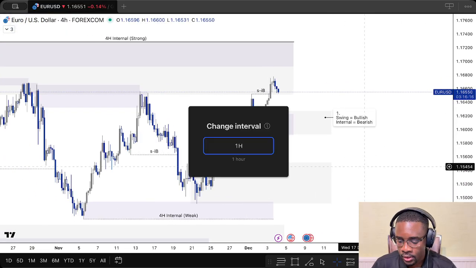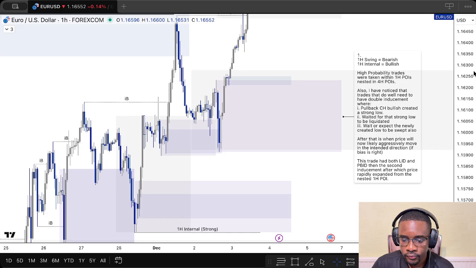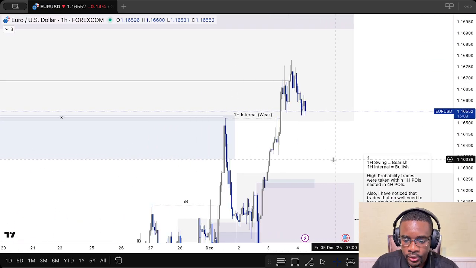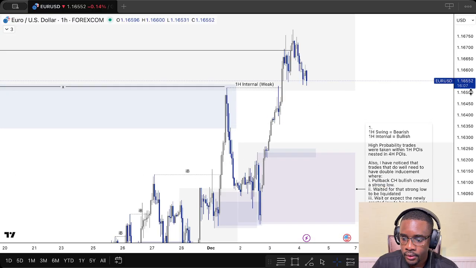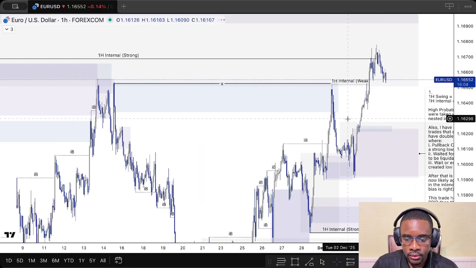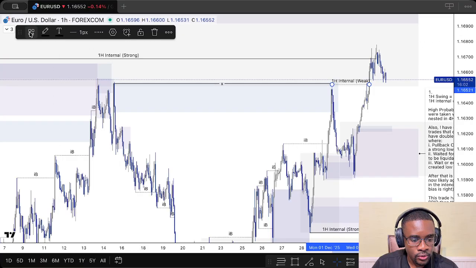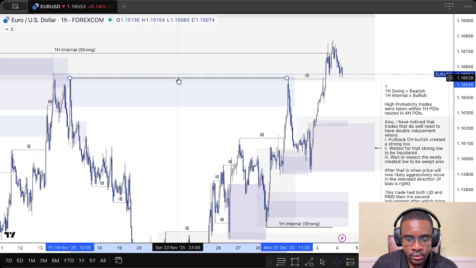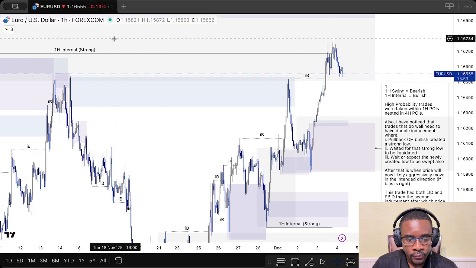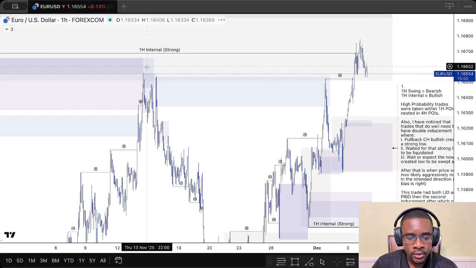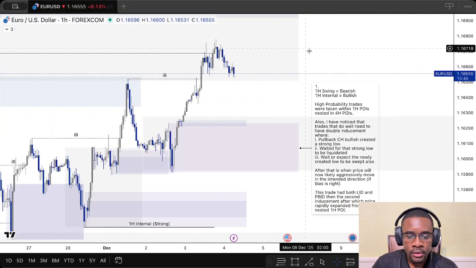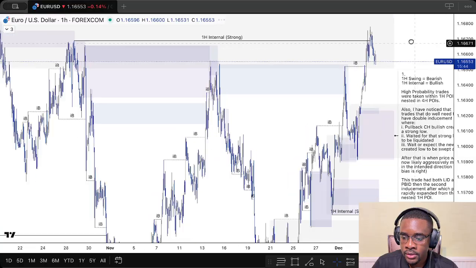So let's look at the 1 hour. Looking at the 1 hour, so this was a break of structure on the internal, and then we took out all this liquidity, and then we've even broken the overall internal structure high. So what that means is